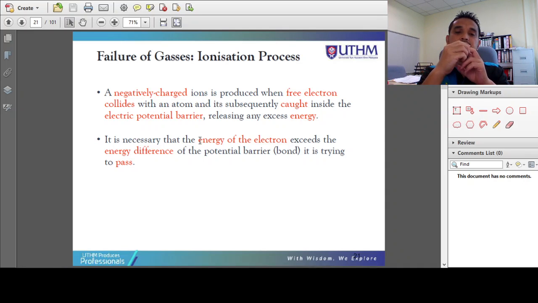Sometimes a collision between molecules will absorb energy from the kinetic energy, and the electron will gain more and more energy, enabling it to escape from the molecule. Other than that, the energy can come from the electric field. The electric field will give additional energy to the electron,